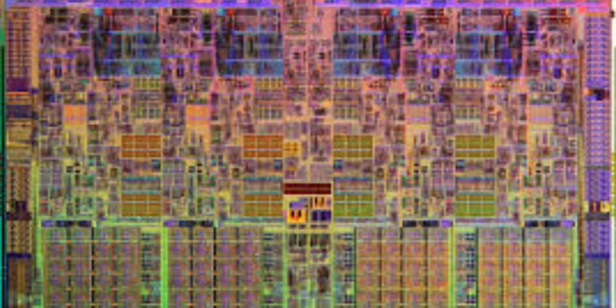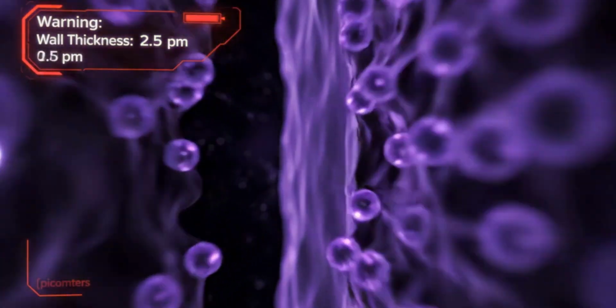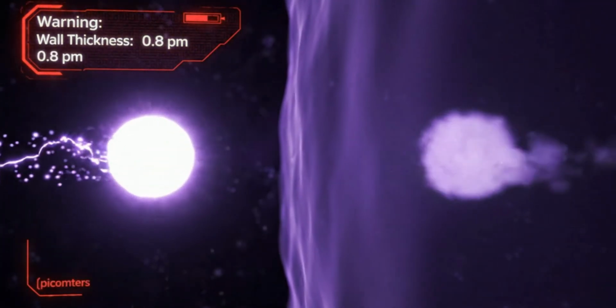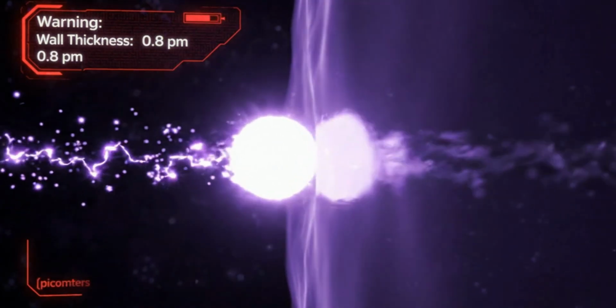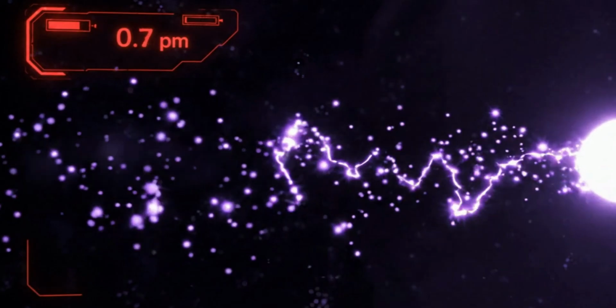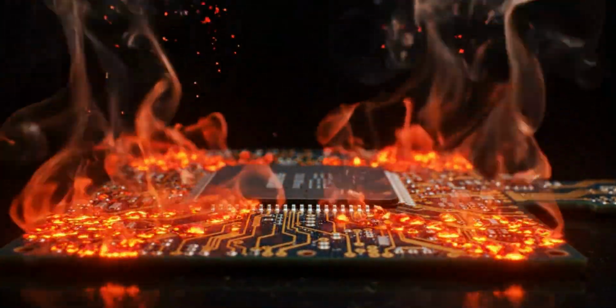But there is a problem. These switches are now so small that we are hitting the edge of known physics. The walls between these gates are now only a few atoms thick. If we go any smaller, the electrons don't wait for the gate to open. They simply teleport through the wall. This is quantum tunneling, the ghost in the machine that threatens to melt your processor if we push it too